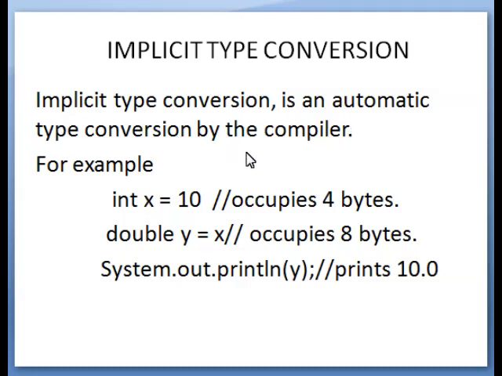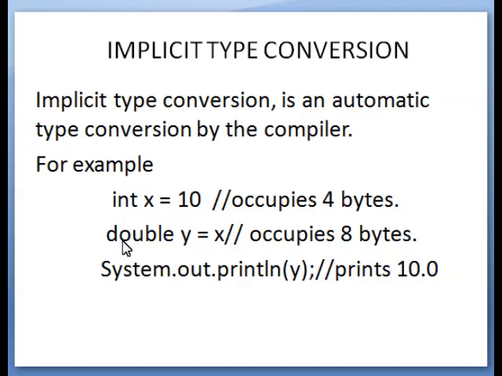For example, see the first variable x is an integer variable assigned a value 10. Integer means 4 bytes. The next one is double y. The y variable is double. What is the meaning of double? That is also a decimal value. There is some difference between float and double.